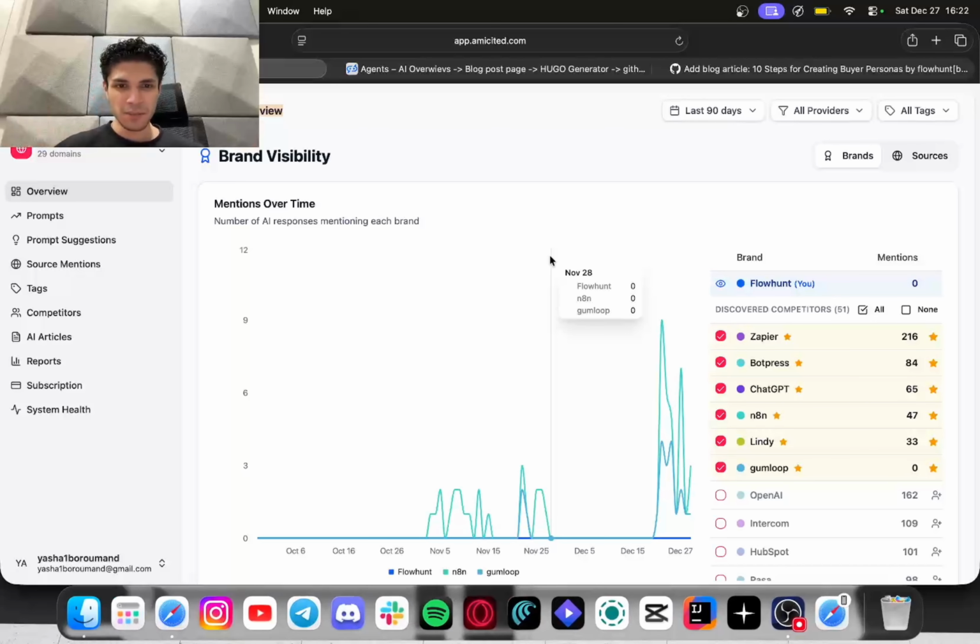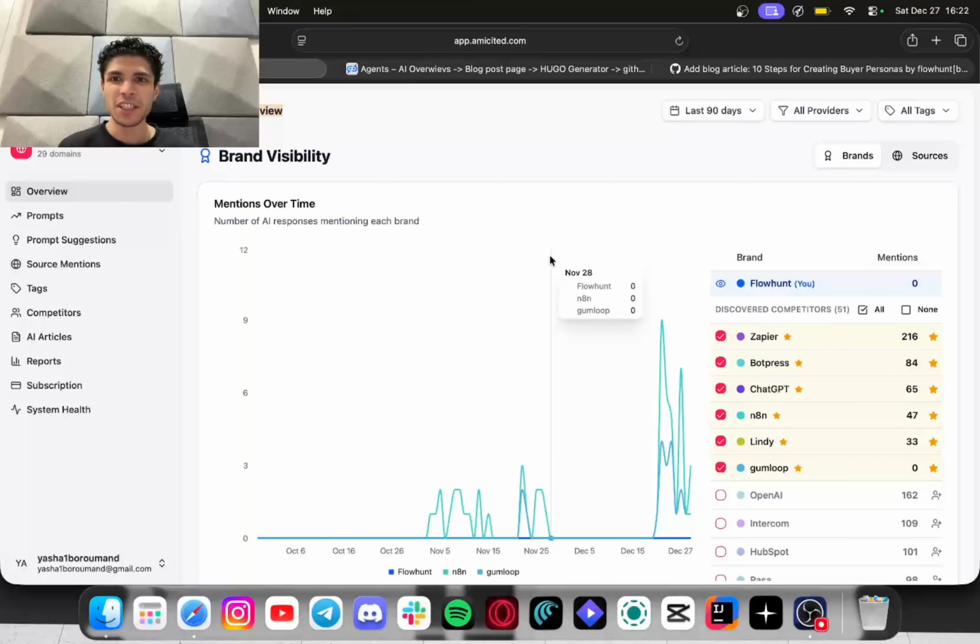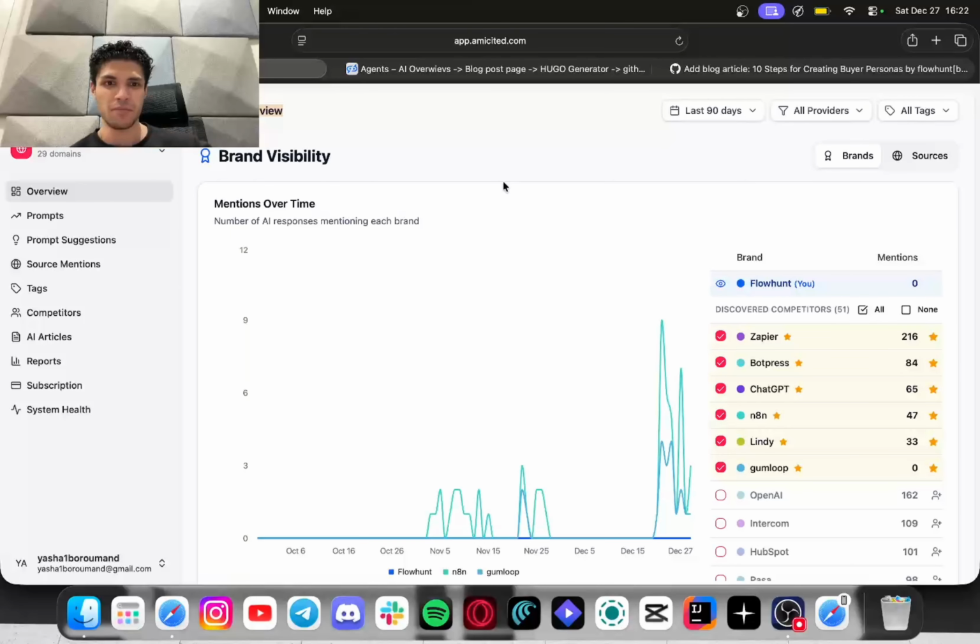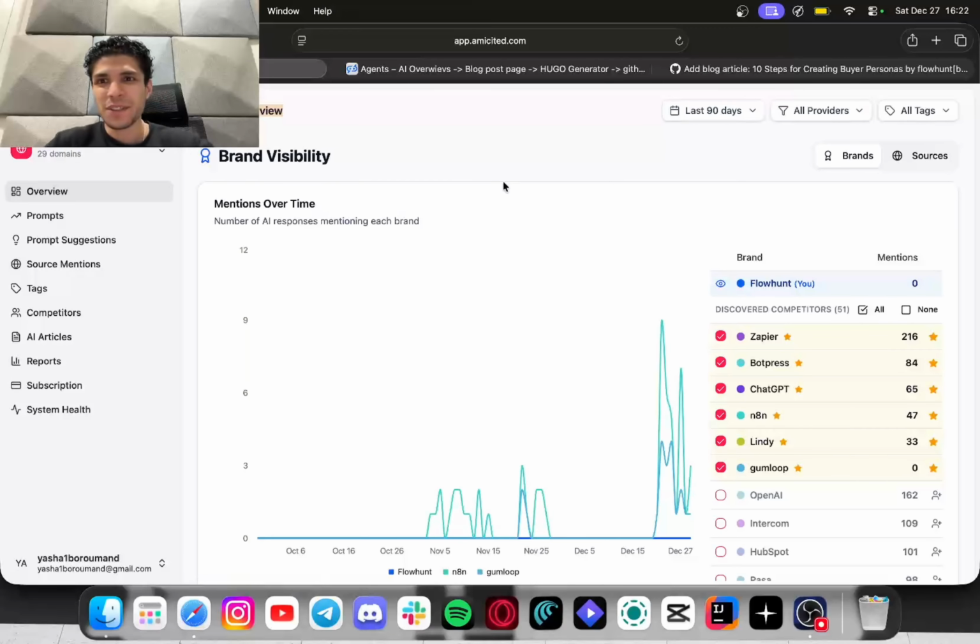So imagine your ideal customer going to ChatGPT and asking a question. You probably want ChatGPT or Perplexity or other AI providers to actually rank you up. So this is a tool that you can monitor ranking inside ChatGPT or similar AI providers, and it gives you a really nice insight on if your brand is being mentioned. Then the next step is actually generating a web page out of it, which we also have covered. So let's get into it.